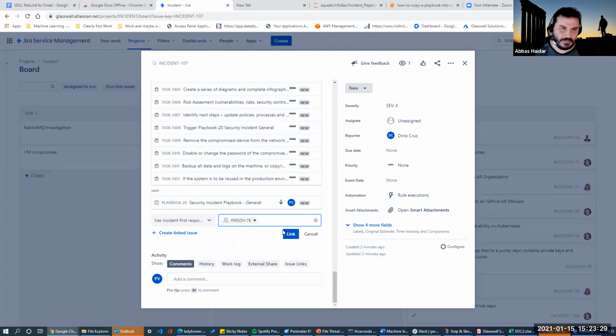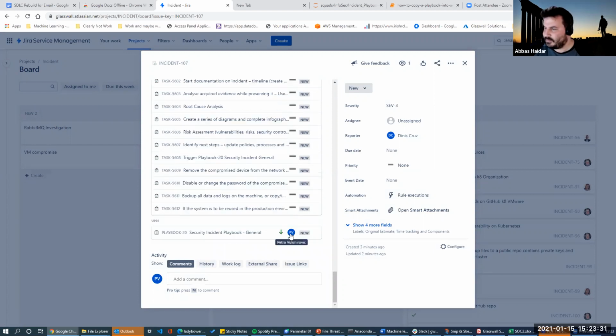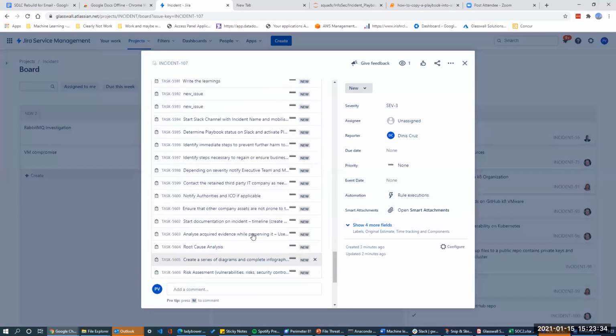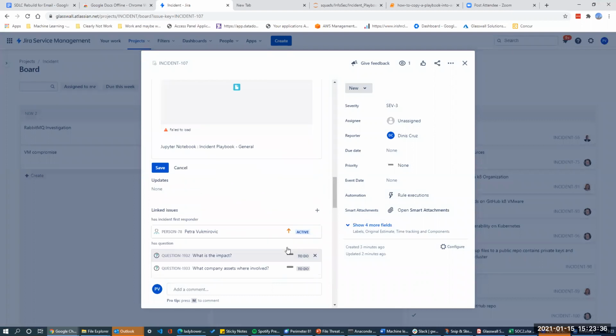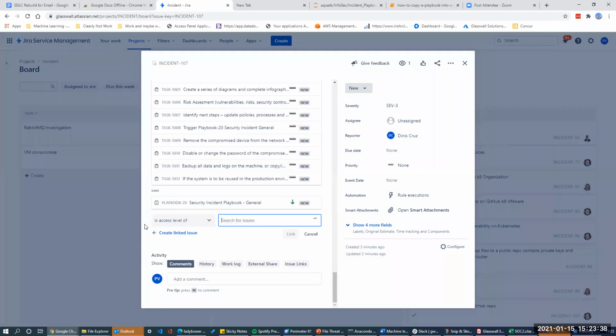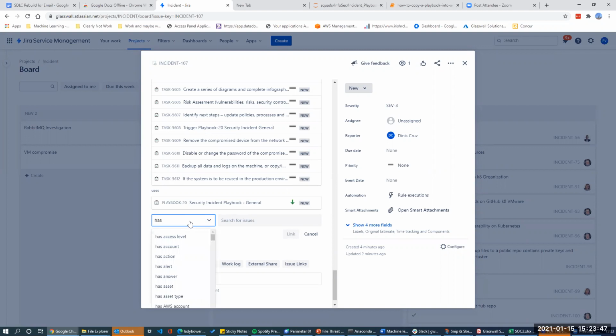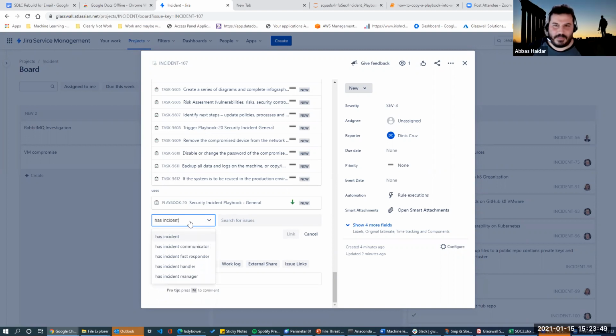I don't know which person 78. And then we can also put Abbas as the incident manager. Let's say it's a small incident in that we don't have handlers. Handlers are people who are working with, but I mean communicators, if you want to see there,